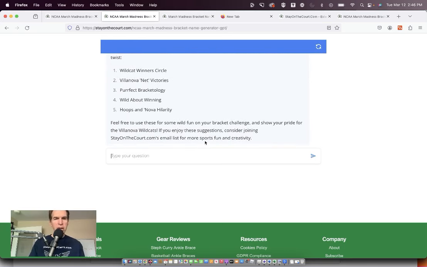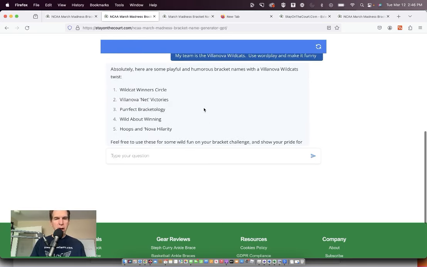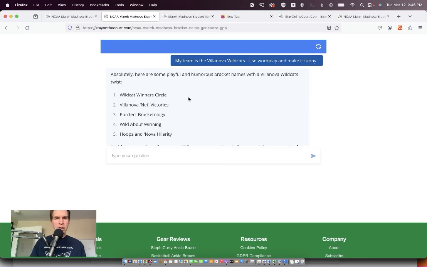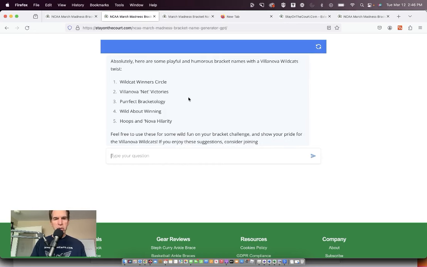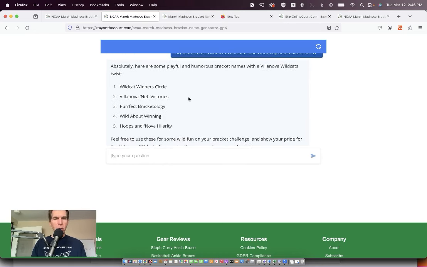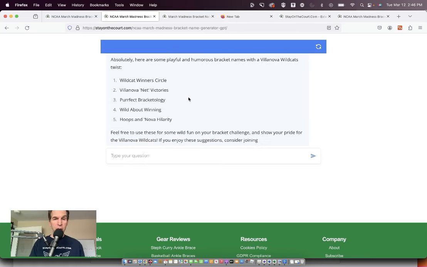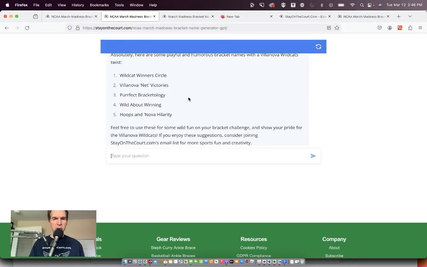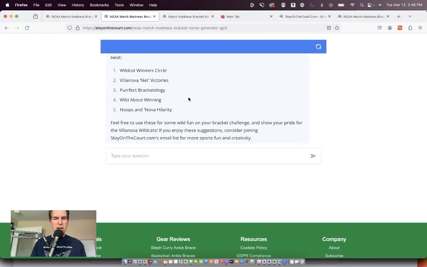It'll normally give you at least five names. Obviously, if you like one of those names, you're done. But if you wanted to vary it a little bit or get a couple other suggestions, you could just ask. Let's see what we have here. Wildcats winner circle, Villanova net victories, perfect bracketology. That's a pretty good one. Wild about winning, hoops and Nova hilarity. That one's not great. So let's say instead,